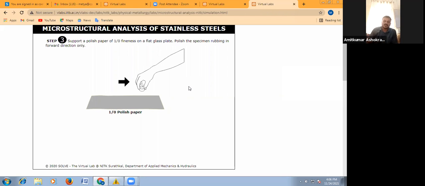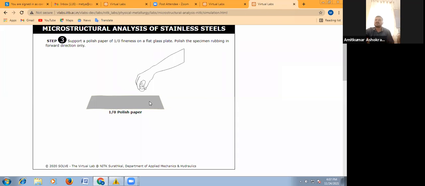We will start the polishing with rough papers having a larger abrasive particle size, and after that we are going to take the next polishing paper having less abrasive particle size. Means we are starting with the rough paper, and one by one stepwise we are moving towards the fine paper.